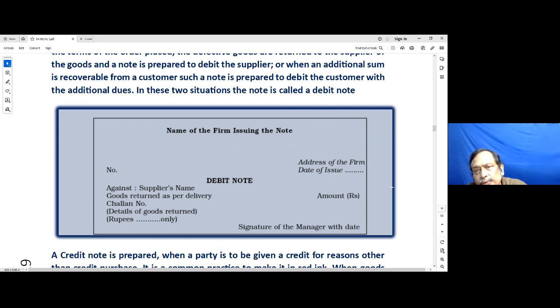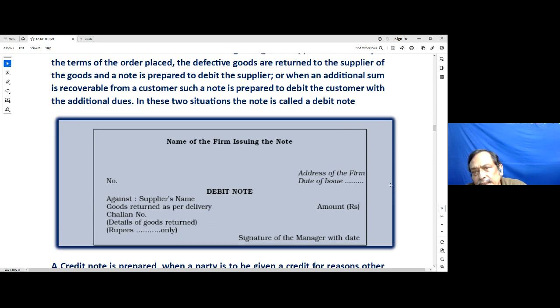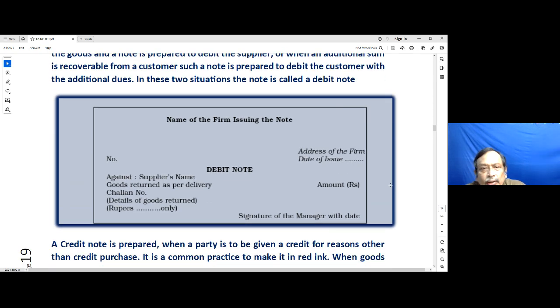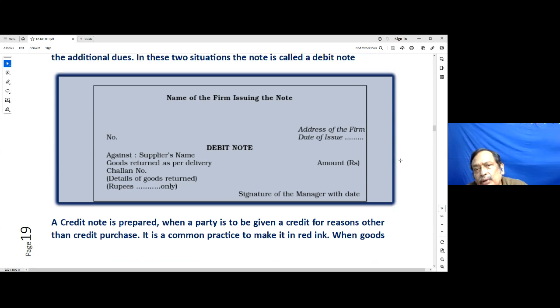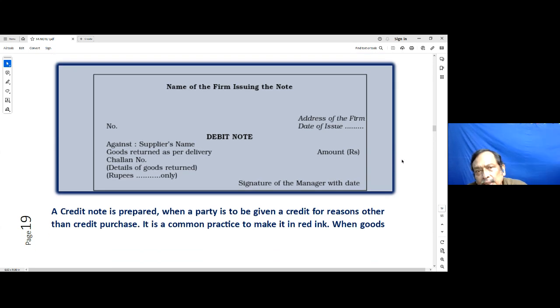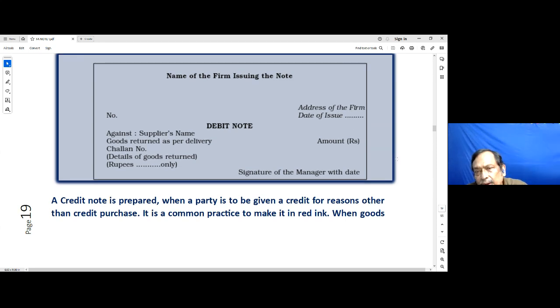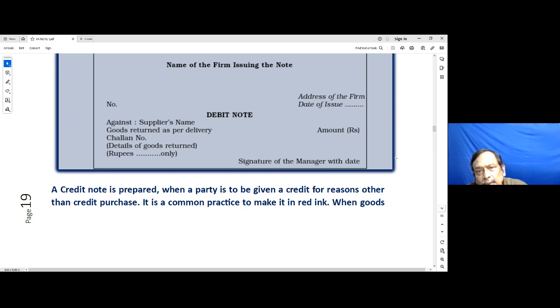So in these two situations, the note which is actually being issued is called a debit note. So this is the format of the debit note: name of the firm issuing the debit note, address of the firm, date of issue,